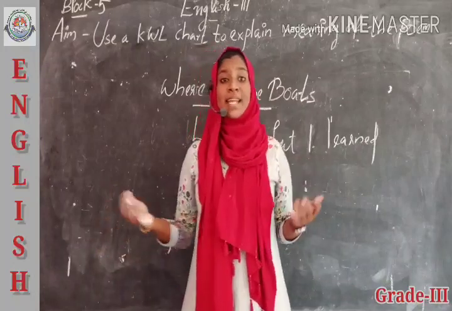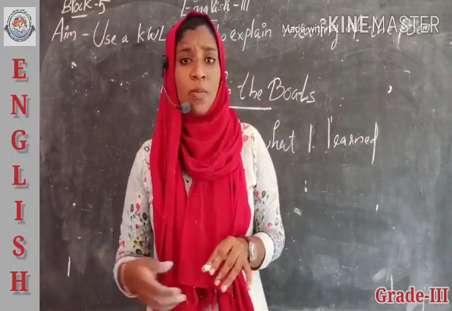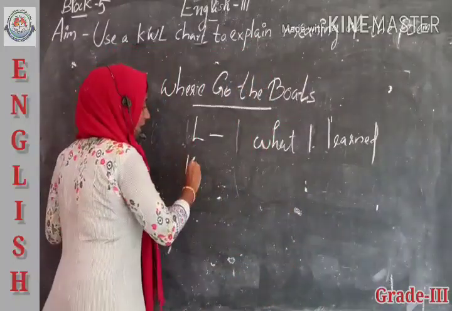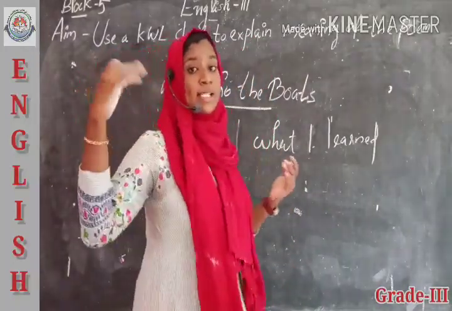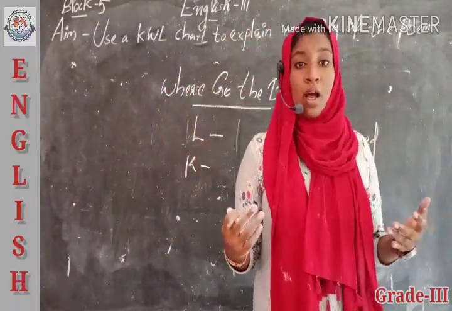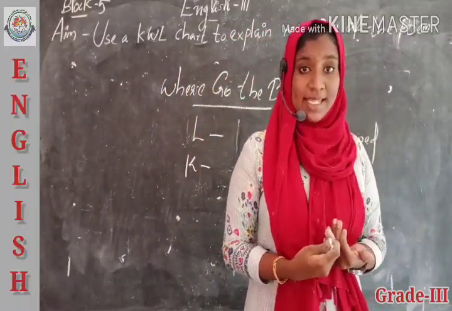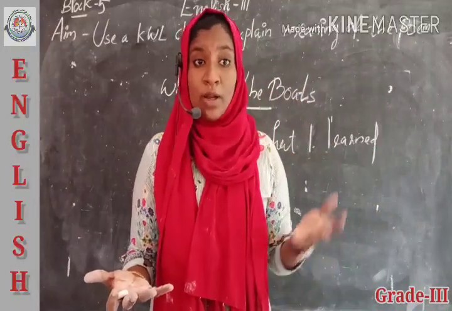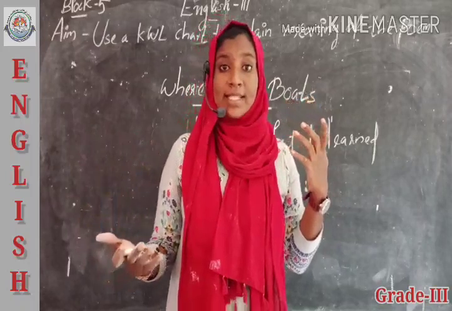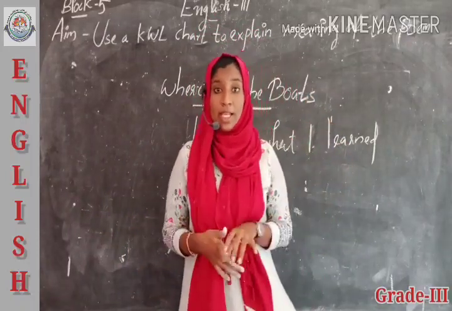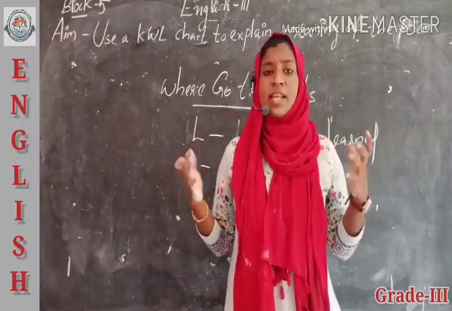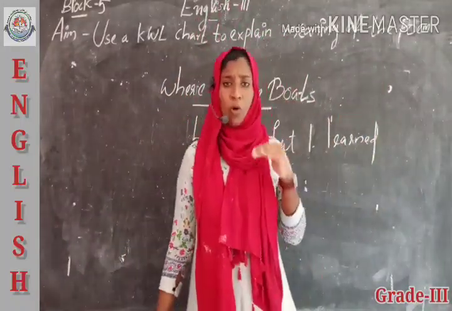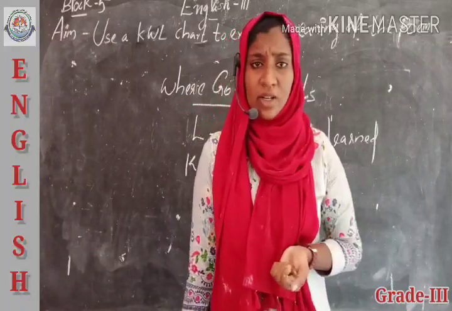So, how do we use this KWL chart to study this poem? Yes, this KWL chart, in the K part, helps us just revise what I know, or what we know, isn't it? And then in the W part, we have many questions about this poem. We just read the title only. So by looking at that title, we have many doubts. So we can write the doubts in the form of a question, and after completing this whole poem, we can answer that question, isn't it?